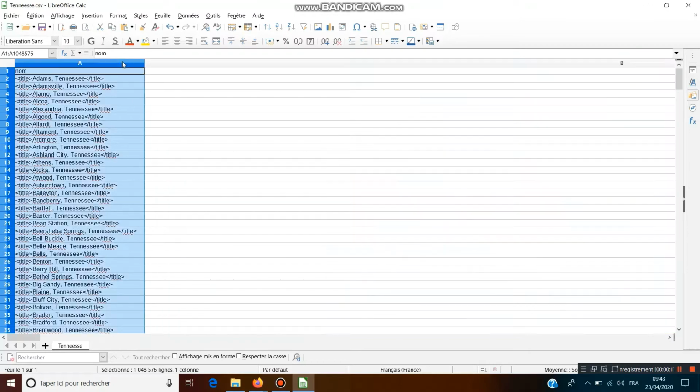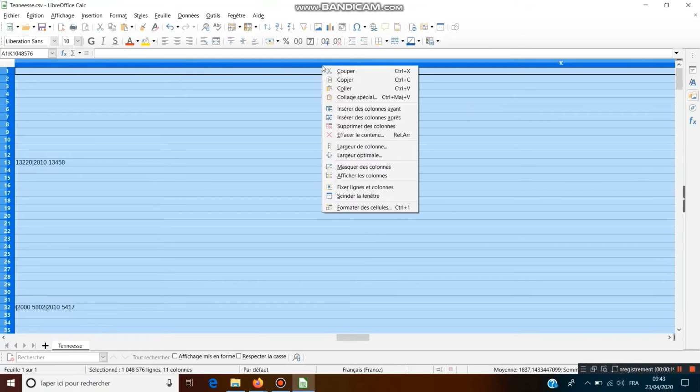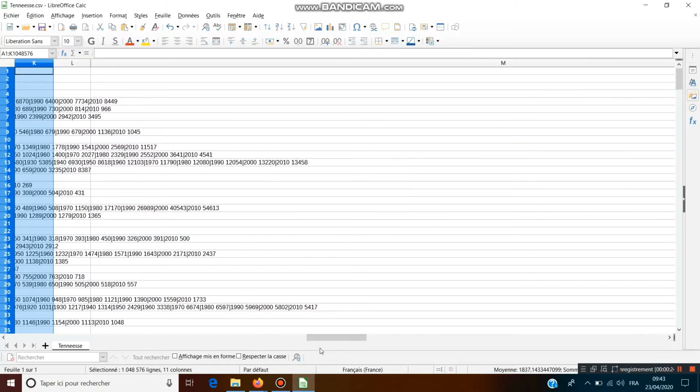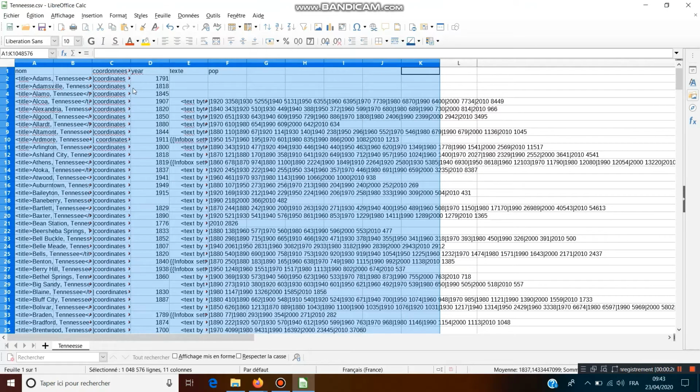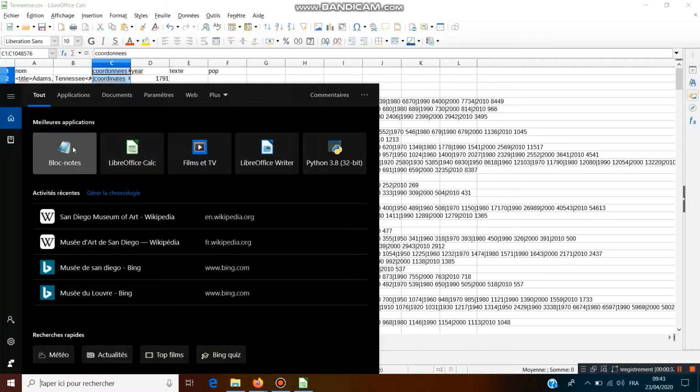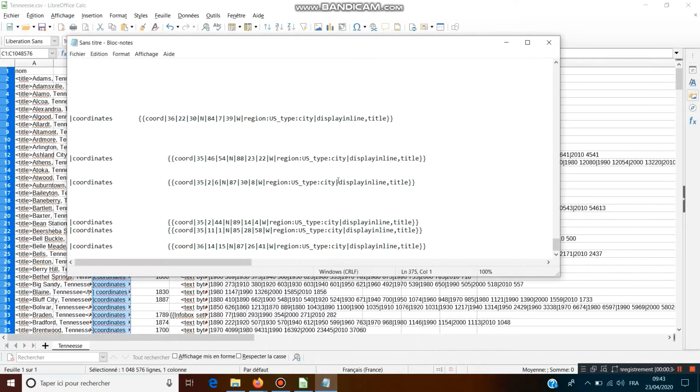Insert the column. All these years we can put automatically on the map with the QGIS software. First, we must have a look at the coordinates.